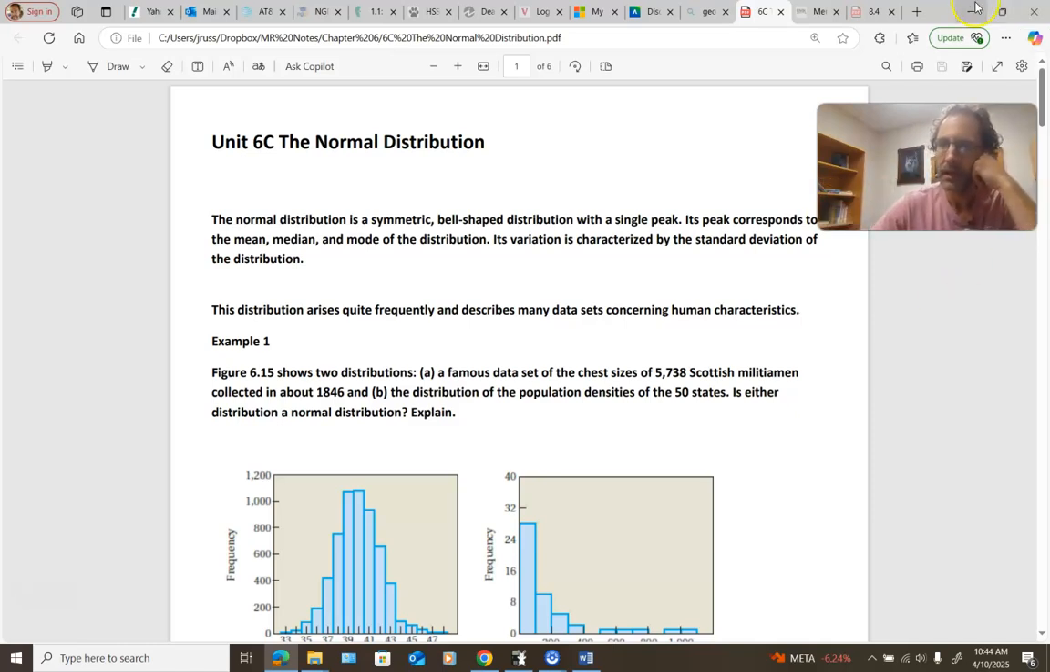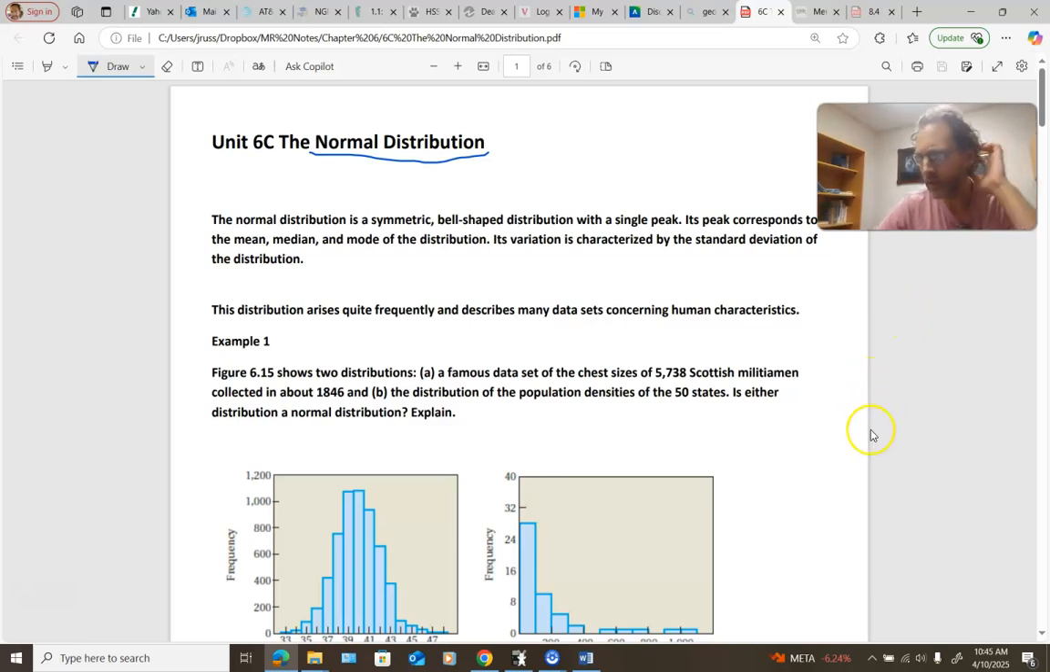Okay, and so in this last section, 6C of Chapter 6, we're going to focus on a specific type of distribution. And this is called the normal distribution, guys. So we've seen it before. It's that symmetric distribution, or more specifically, that bell-shaped symmetric distribution, that had one peak, and then it had symmetric tapering